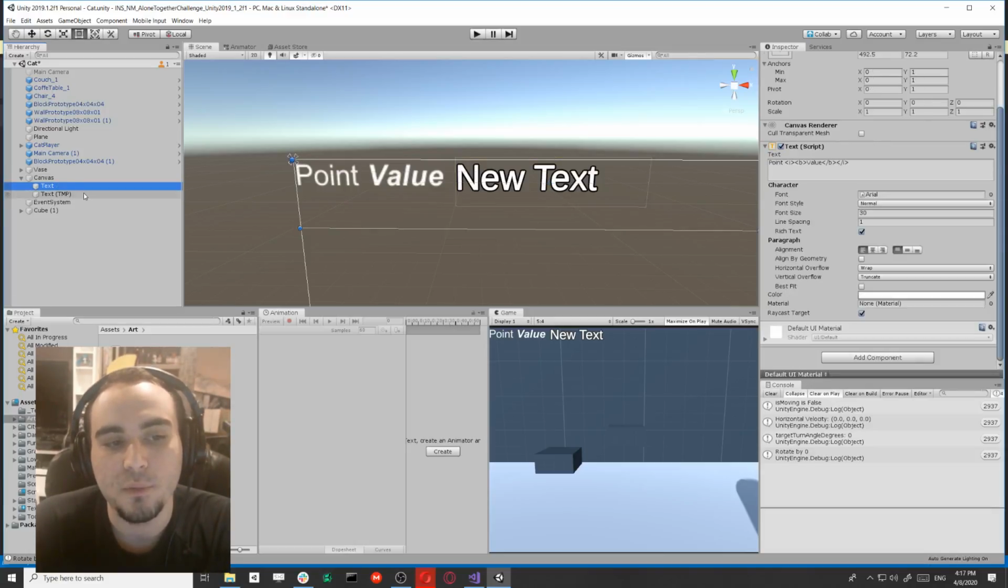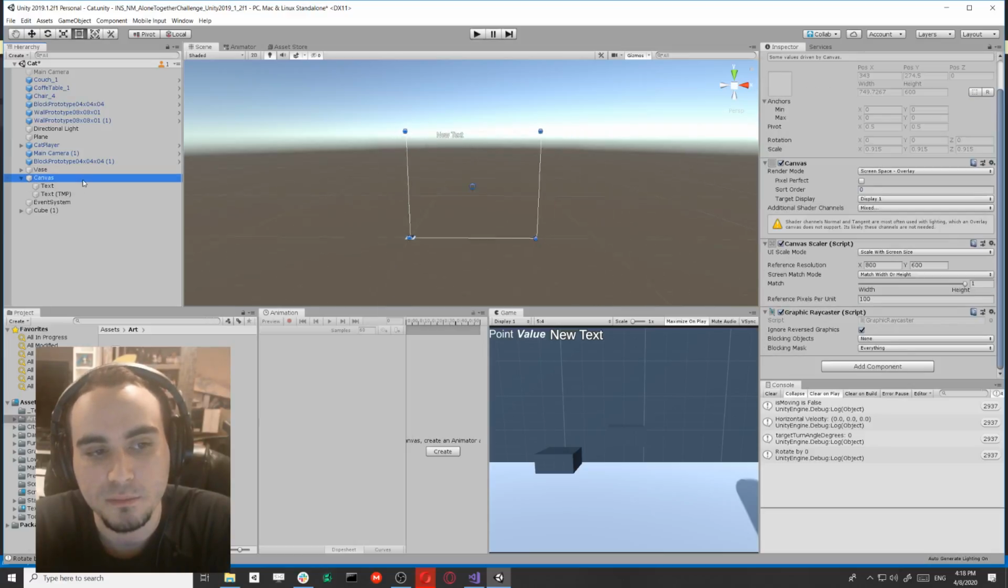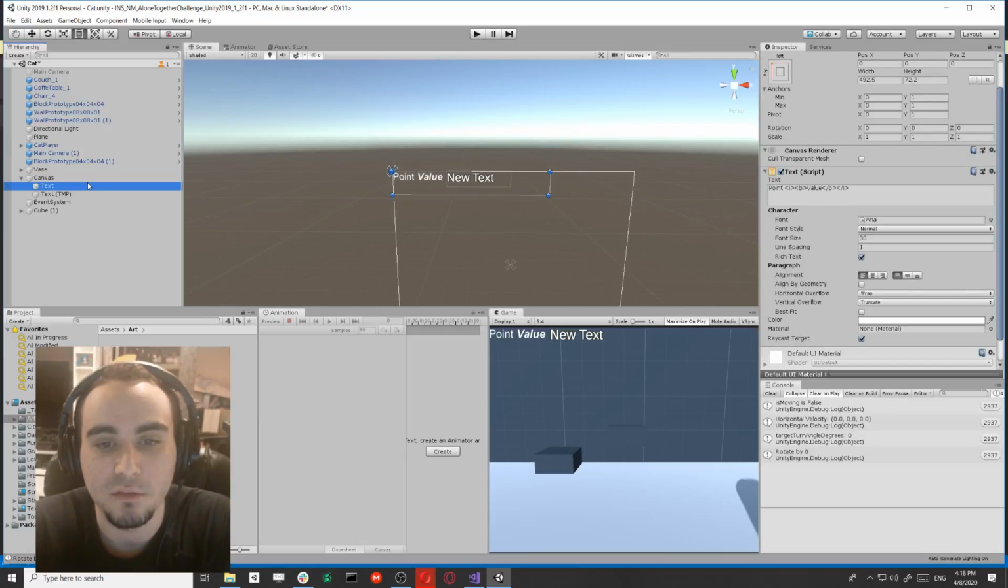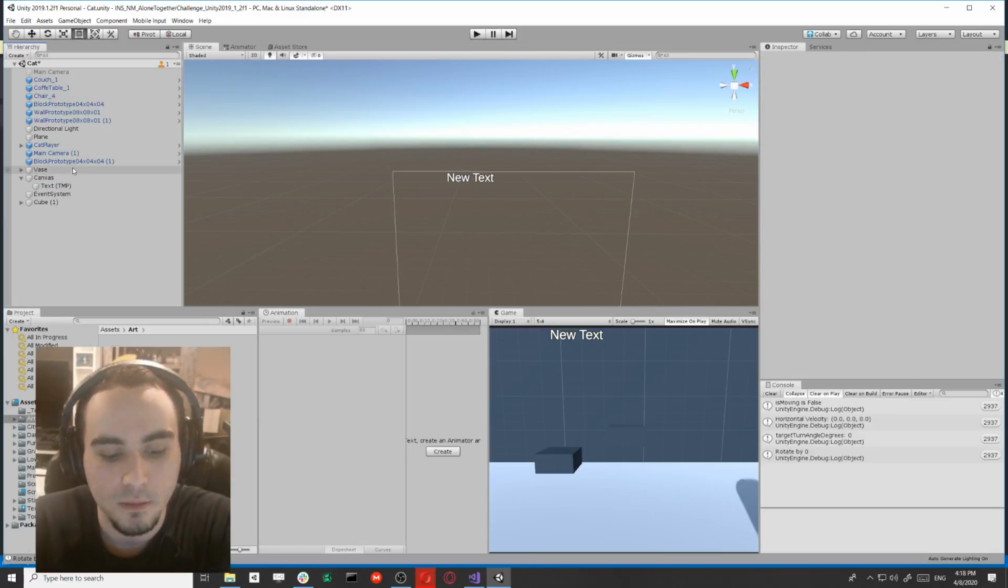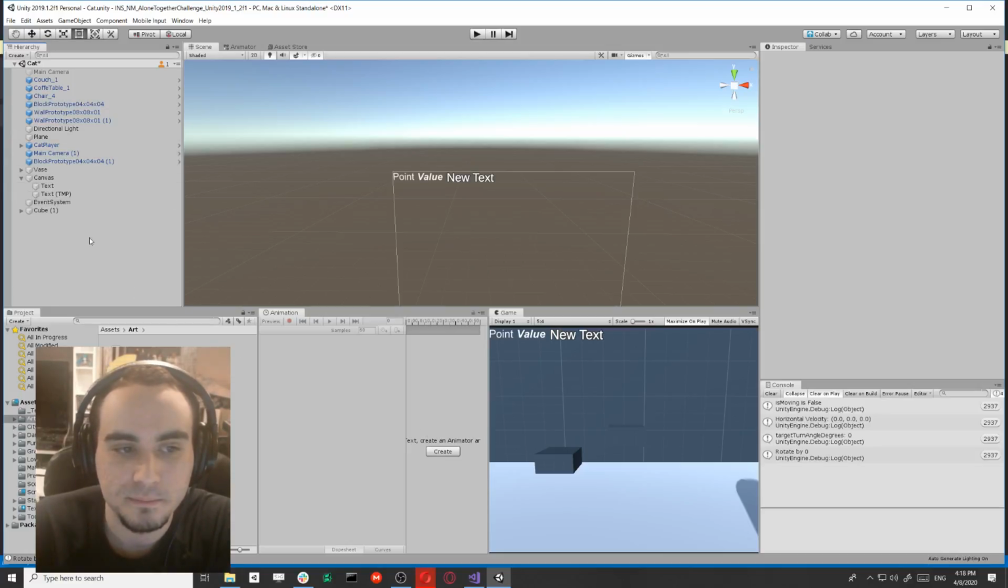They work in two different ways. So because I prefer the TextMeshPro version, I'll show you how to do the TextMeshPro version first, and then I'll just show you what you have to do differently to make the regular text work. Actually, I'll just keep them both up there. But